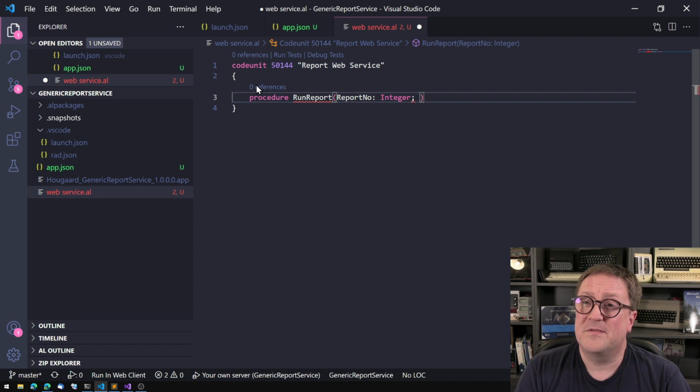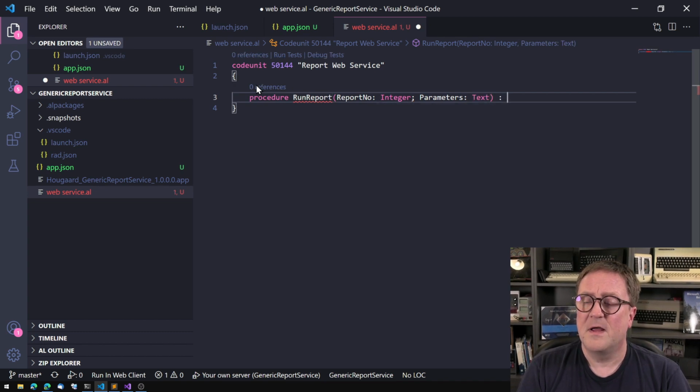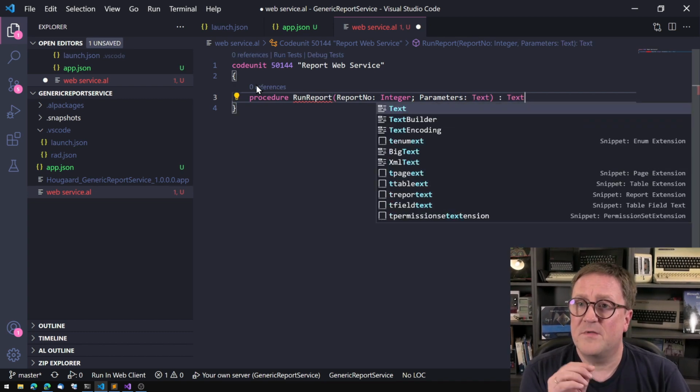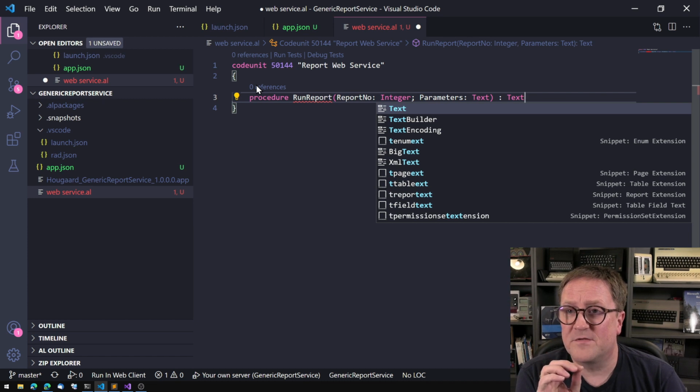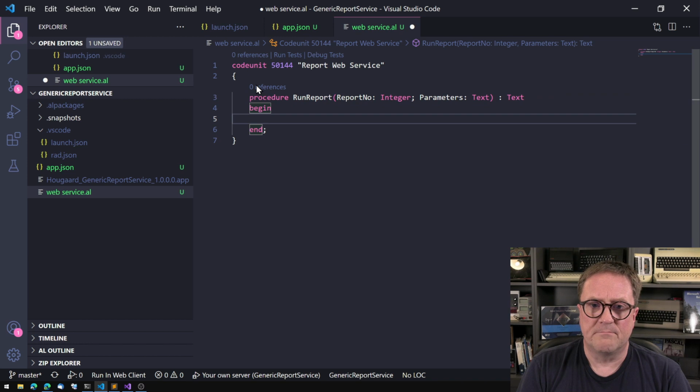But most reports don't make any sense to run without supplying them with some sort of parameters. So let's create a parameters variable too, and we'll just have this one return text, and I'll show you in a minute. So that's a function,